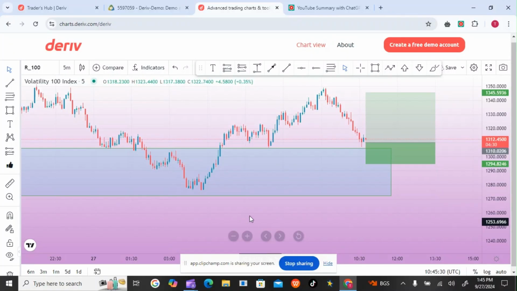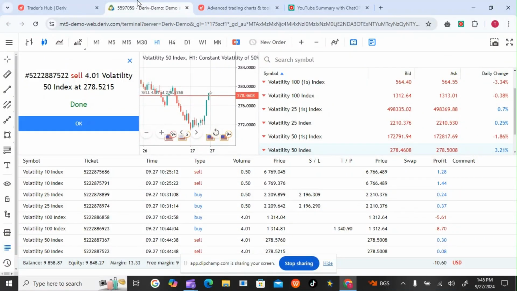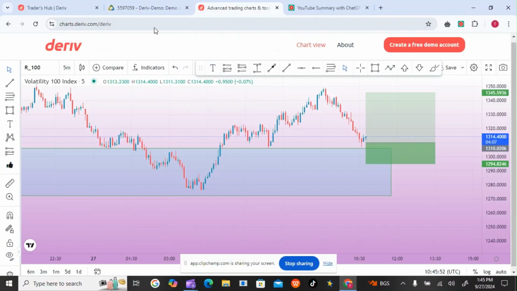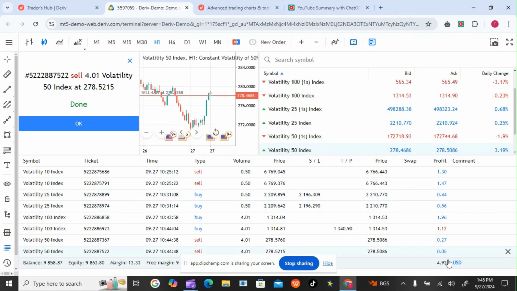After some time, you'll note that all our strategies usually work, and whenever you take trades with that style, you will make something good. If you look at the volatility 50, we are on profit. All the other trades we are on profit. Just taking a straight look at them, we can see this has already started buying. Guys, let me go back. Even if I wanted to close this trade at this point with $7, it would be a good